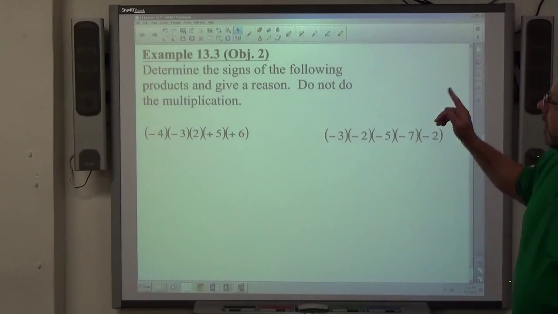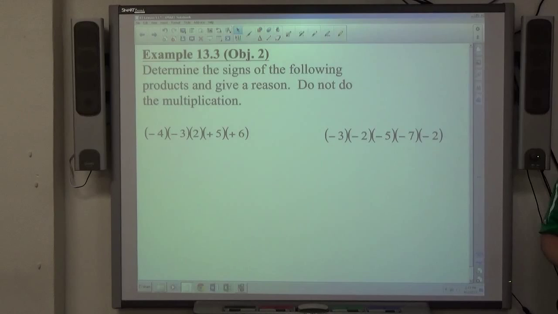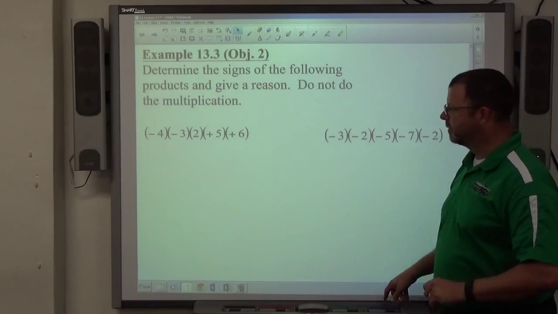Example 3. Determine the signs of the following products and give a reason. Do not do the multiplication. Okay? I don't care what the answer is. I just want to know if it's positive or negative and why. Mitchell, what do you think? Positive because